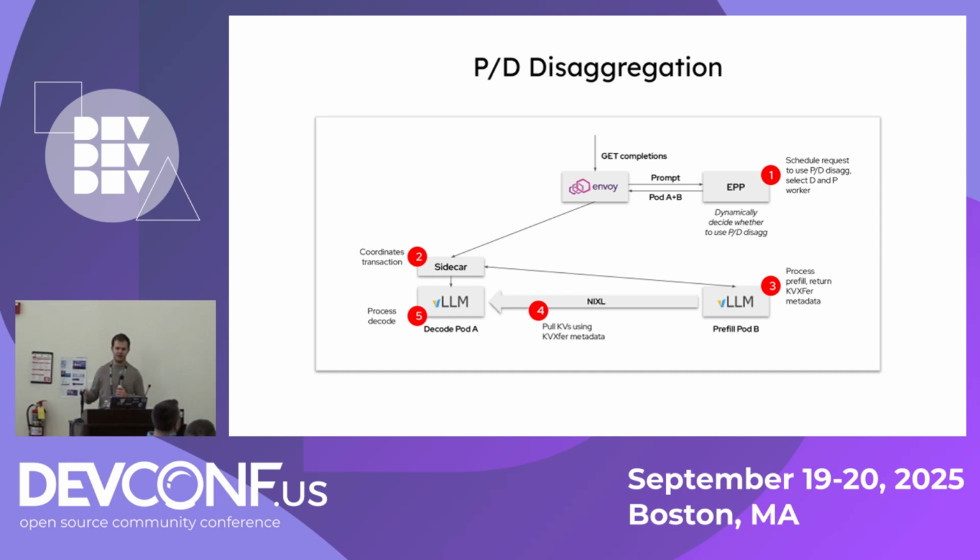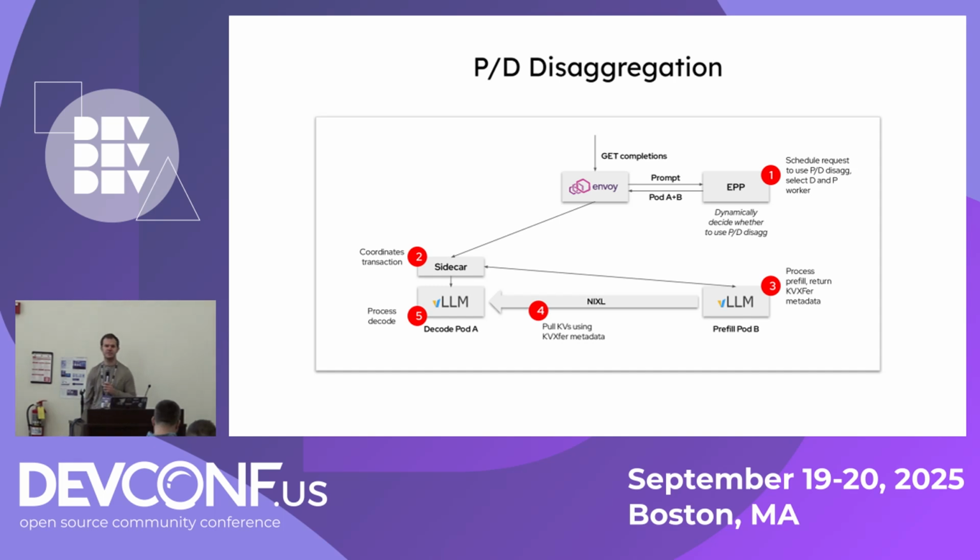And then, okay, if it decides that the PD disaggregation applies, we'll send it to the decode pod first. The decode pod has a sidecar, which effectively coordinates the transaction and forwards the request to the prefill instance. The prefill instance processes the request and appends some metadata, which tells where the KV blocks are in its memory. It's actually using the same block IDs that I talked about in the previous vLLM system. It sends that back to the sidecar. Then the decode instance uses that KV transfer metadata to pull the KV caches from the prefill instance